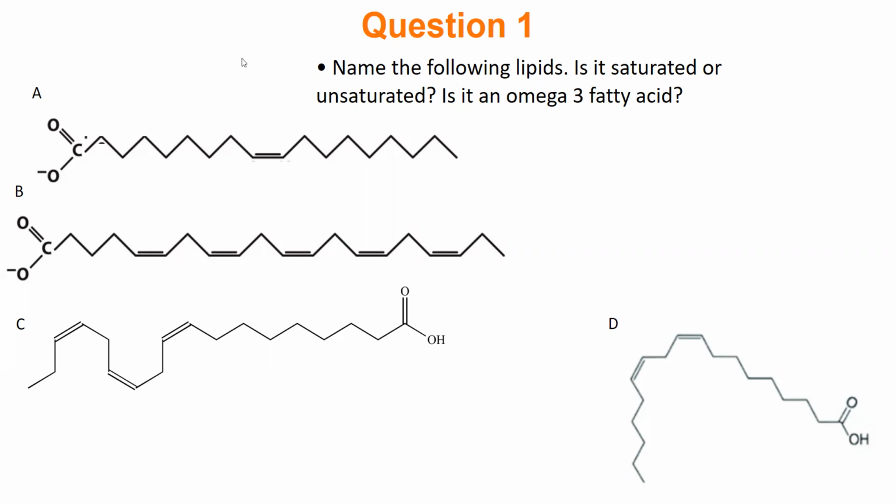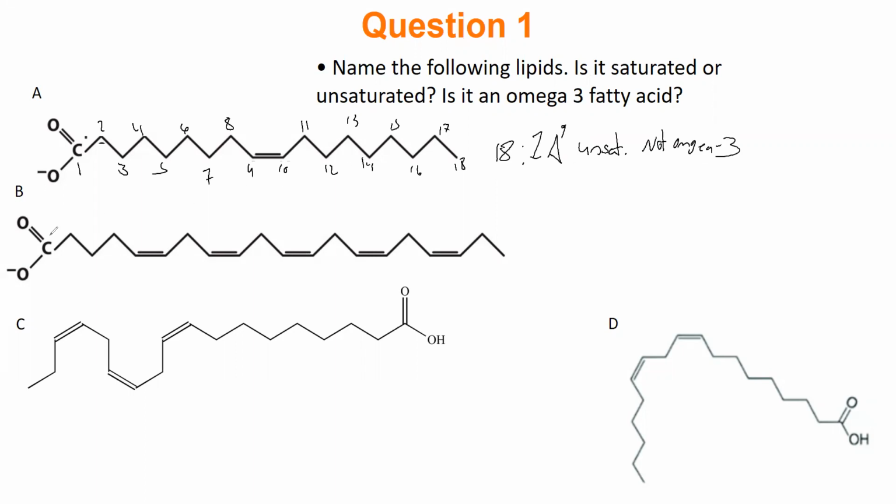All right, so let's take a look at these fatty acids, how we name these. Again, start from our carboxylic acid carbon, name that 1. So 1, 2, 3, 4, 5, 6, 7, 8, 9, 10, 11, 12, 13, 14, 15, 16, 17, 18. So this fatty acid has 18 carbons, 1 double bond. So this is 18:1. And the double bond is at the 9th position, delta 9. It is unsaturated because we have a double bond, and it's not an omega-3 fatty acid because we don't have a